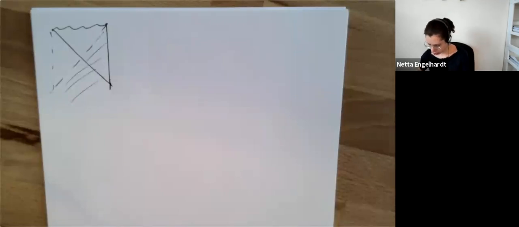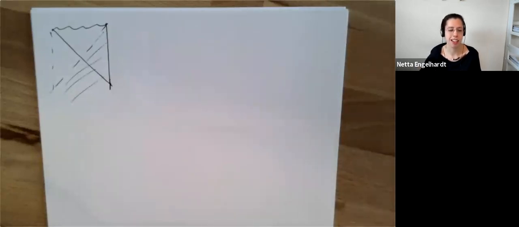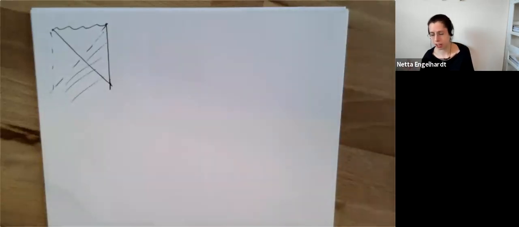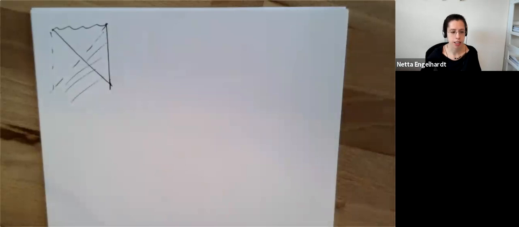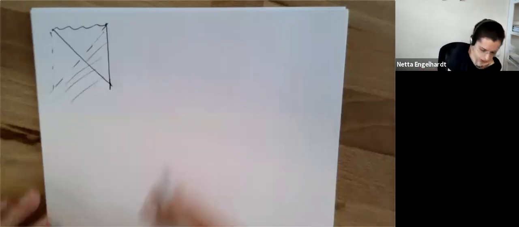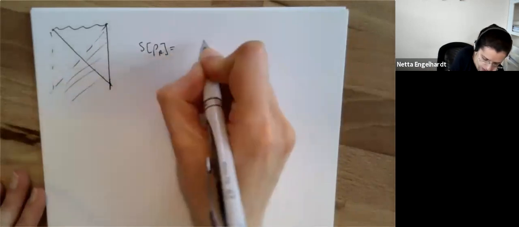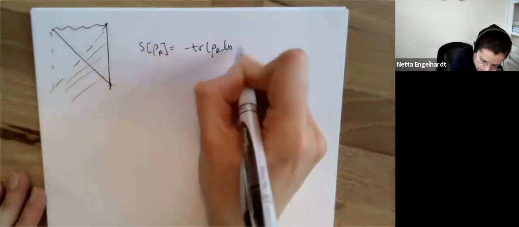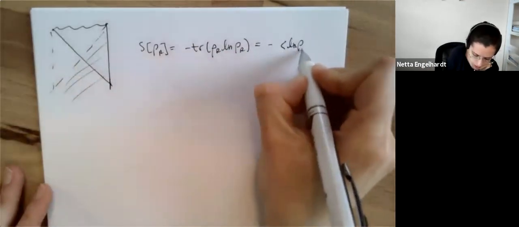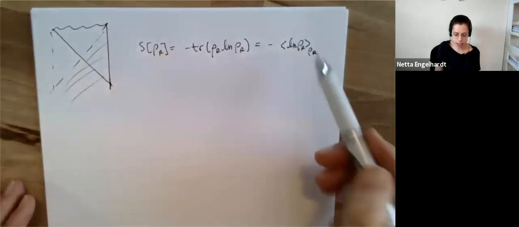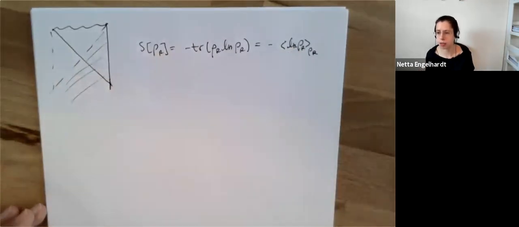Okay, so we were just about to explain why it's false that the causal wedge is dual to D of R. Now there are many different ways in which we could go about explaining that, but one that I find most well motivated is the von Neumann entropy. Let me write it down again: S of rho R equals minus trace rho R log rho R. We can write this as minus the expectation value of log rho R in this state rho R. And taking a logarithm of an operator is a very non-local thing to do.